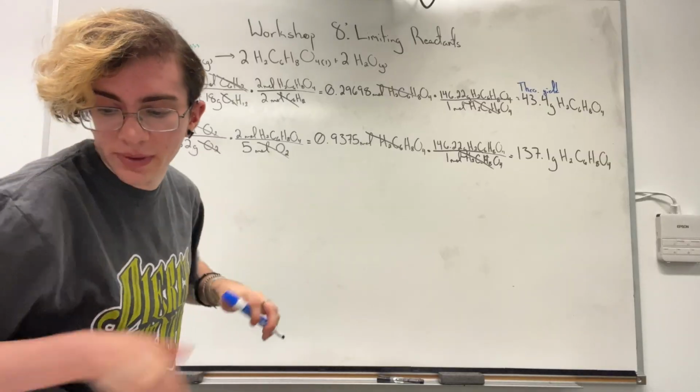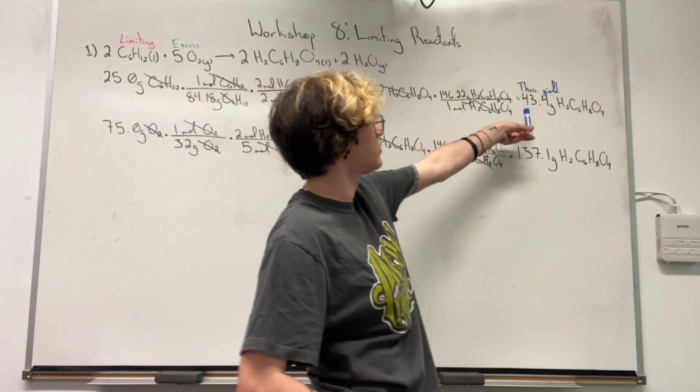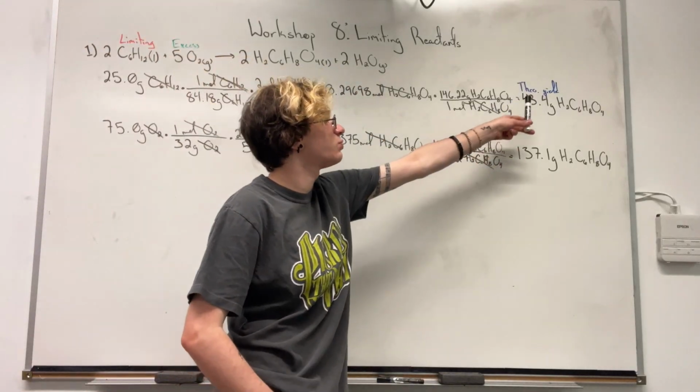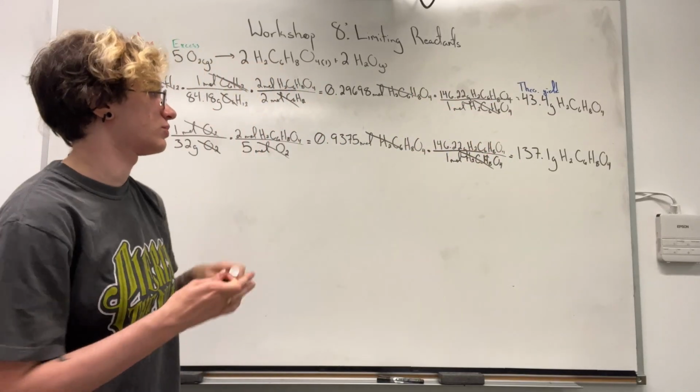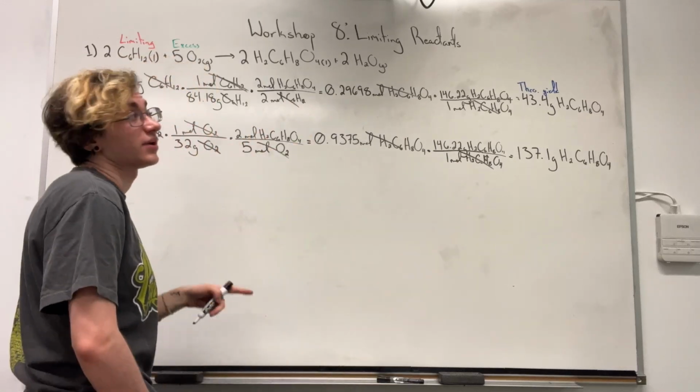And so next, determine how much excess reactant is left. That is now working backwards. We know the theoretical amount of the acid that can be created, and how much oxygen was needed to make this specific amount of acid. And that is why I calculated the mole values here, because again, you could have just